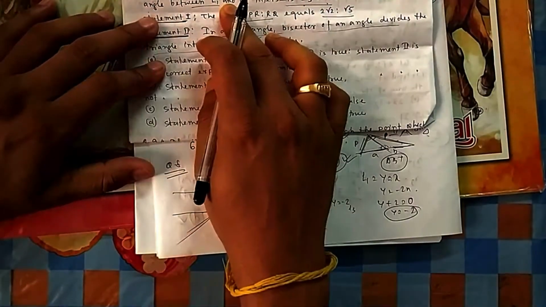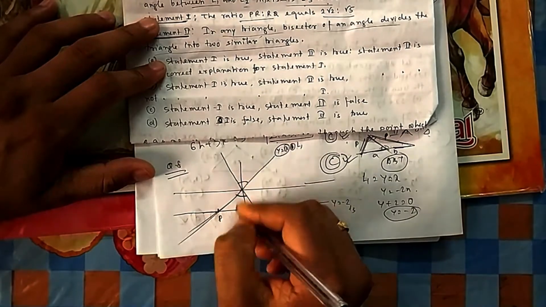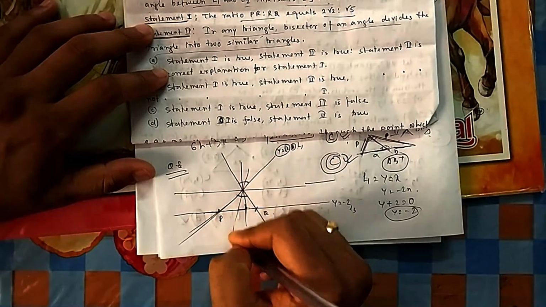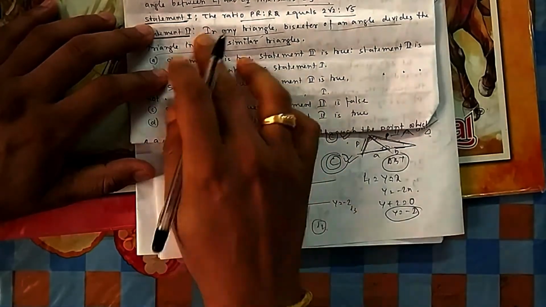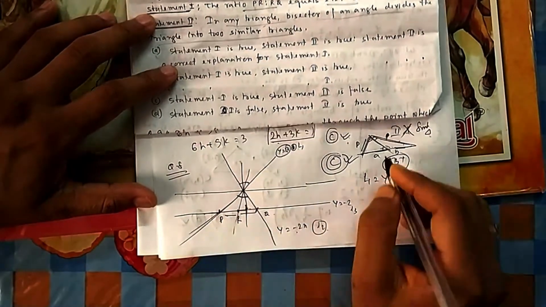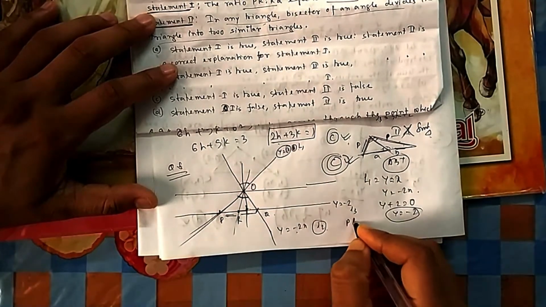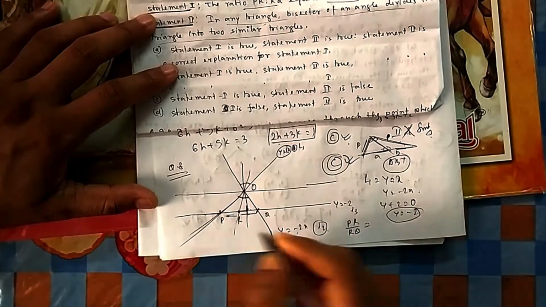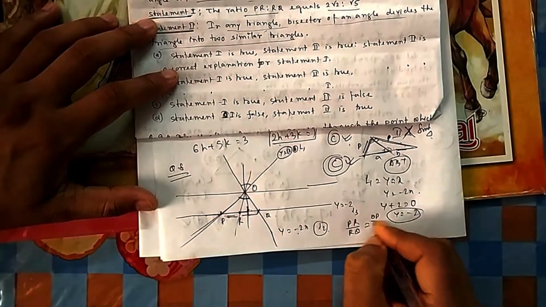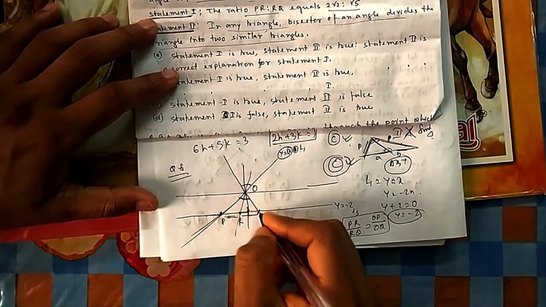The bisector of the acute angle between L1 and L2, this angle bisector, intersects L3 at R. So they are asking for this to this ratio. I know the angle bisector theorem that I told you. Suppose this is O. So what is the angle bisector theorem? PR by RQ, the ratio they are asking, is equal to OP by OQ. So once you calculate OP and OQ, that is done.